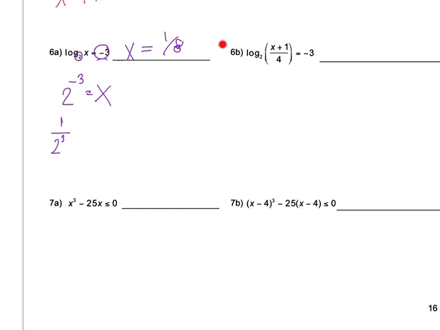Now looking at this, what is the difference between this equation and this equation? This one is a little trickier because you have a couple things happening. Instead of log of x, now you have log of x plus 1 divided by 4. Two things are happening. To x, you add 1, and then you divide that whole thing by 4. What's important to remember here is that you always do scale changes first. Scale changes first. That means the first thing we're going to do is multiply by 4